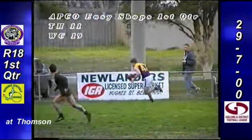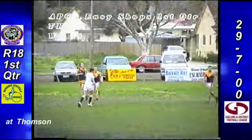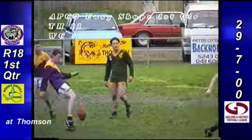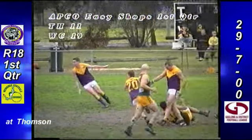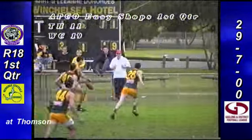From the throw-in at half forward, the ball's come to ground. Highland of Thomson picks it up, heads back into the corridor. Good talking there between Gardner and Stein. Stein takes a mark, called to play on there, went sideways, kicks the ball high in the air towards full forward. Cowan against two. I tell you what, he's hurt the leg a bit there, but from the crumbs, Justin